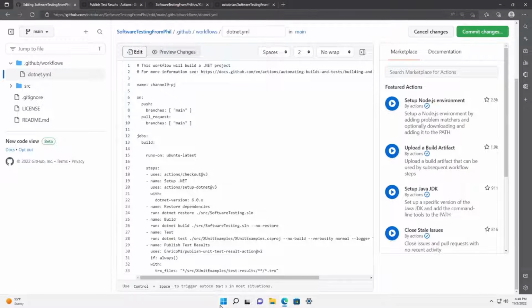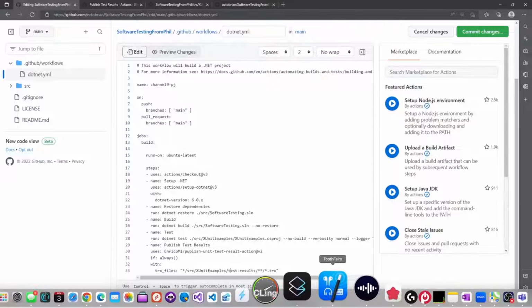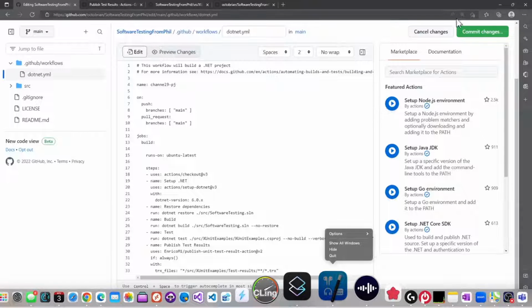And the only reason I know this is I actually tried this kind of stuff before. And it turns out when it spits out the data, it actually outputs it into a folder that's not named exactly the way the person wrote it here. It's in a folder that looks like test results.